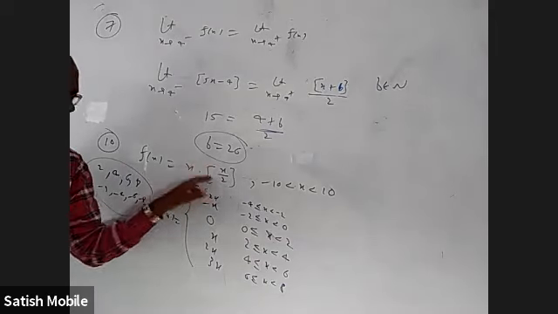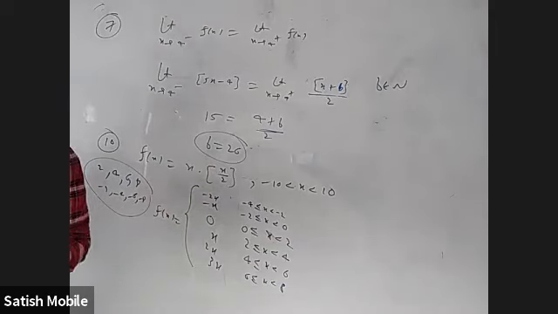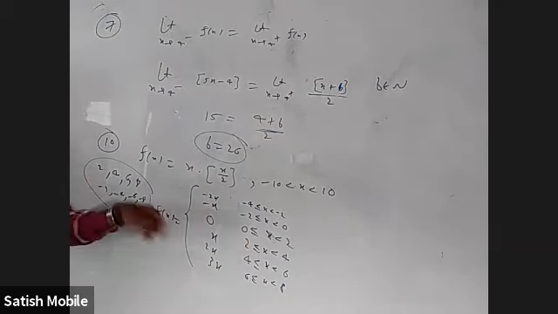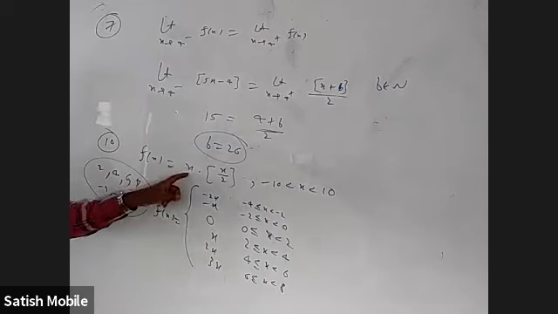Whenever you take integer part of x, mostly it is discontinuous whenever this becomes integer. Whenever x by 2 becomes integer, when x is 2 times an integer, which is all these numbers. But in between 0 is there, but at 0 it is continuous when we analyze carefully because of this x. If this is not there, it would have been discontinuous even at 0. So at 8 points, it is discontinuous.